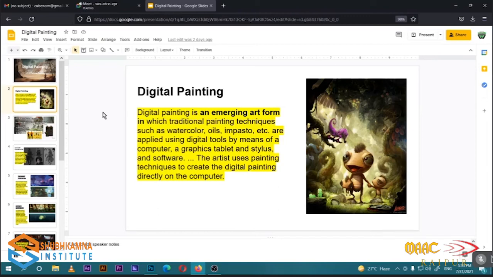So digital painting is not a new thing, it's been there for years now. It's about 10 to 12 years people are using this as a medium where you can create your concept art and environment art. Since the start, when we started working, we used to work on paper and pencils in order to get the concept art.